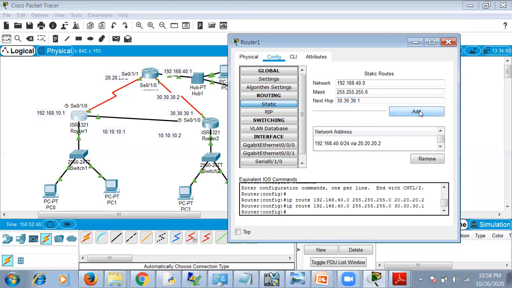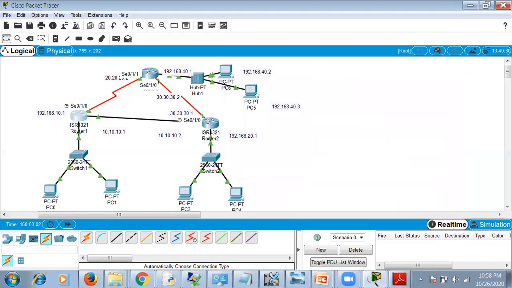So click on add again. So we have two routes now. Okay, this is one route and this is another route. So two hops we have added. Similarly for